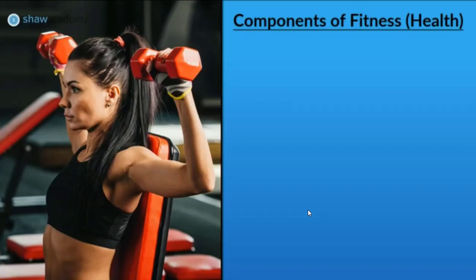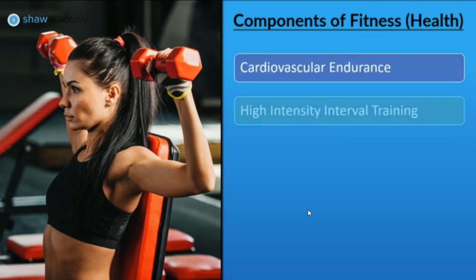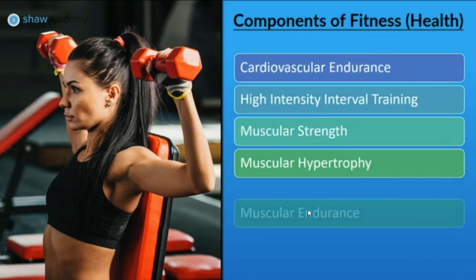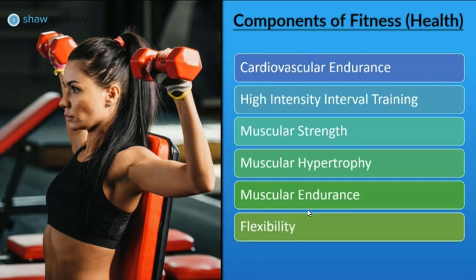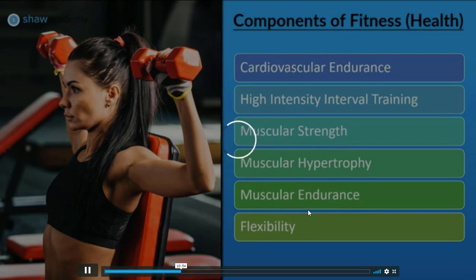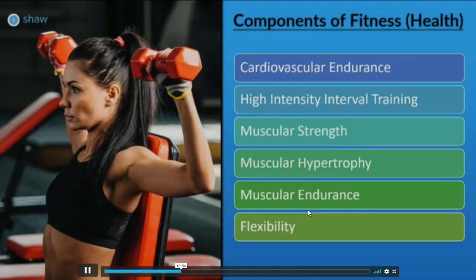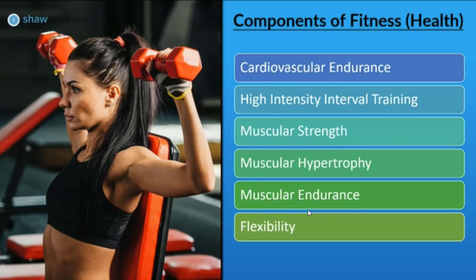Which components of fitness are we using overload and fit programming to program? So we need to know our cardiovascular endurance, high intensity interval training, muscular strength, muscular hypertrophy, muscular endurance, and flexibility. So they are all our components of fitness. So if we correctly use our overload and our fit principle against our components of fitness, we can now program for specific results. Now,